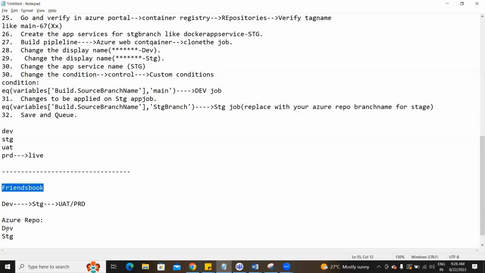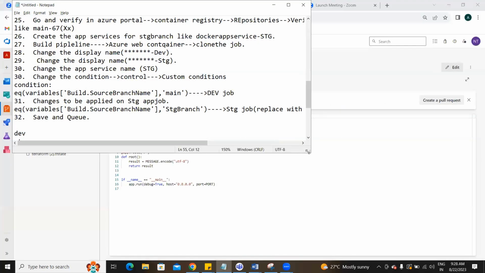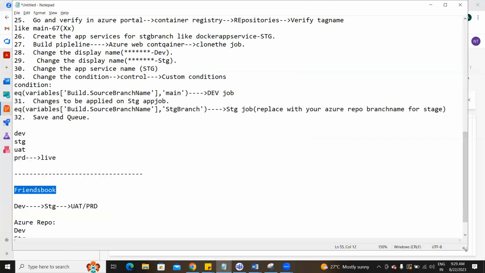Sorry. You are not able to see that clearly, right? One minute. It's better now. What issue do you have? The screen is scattered, right?